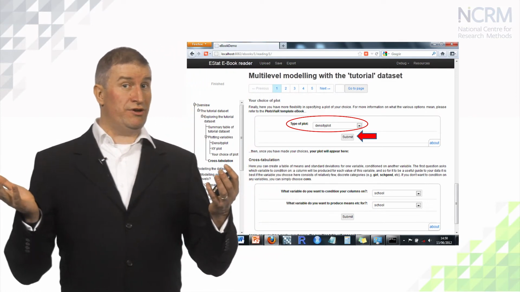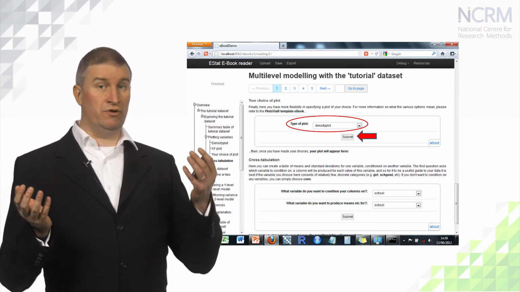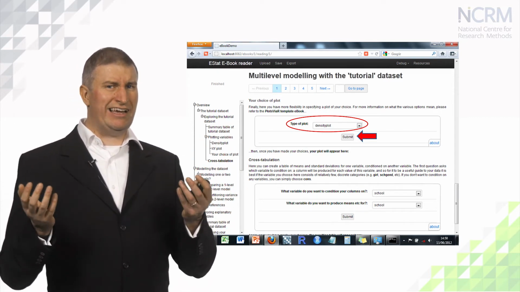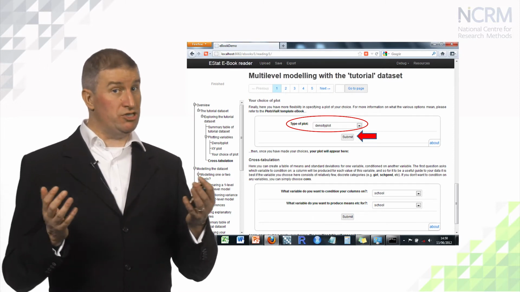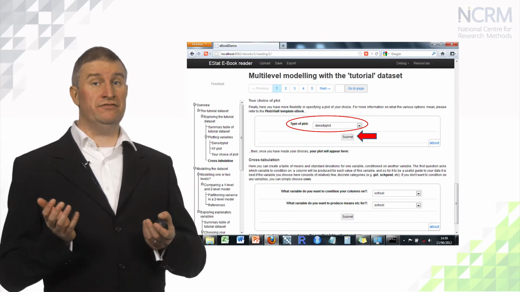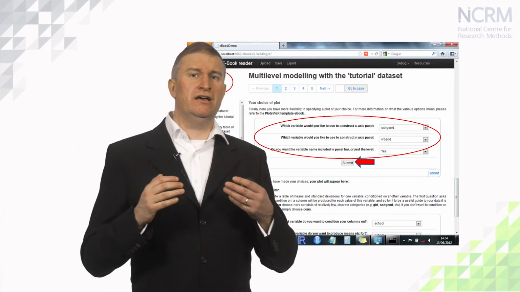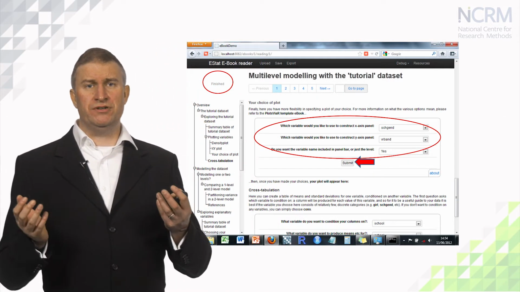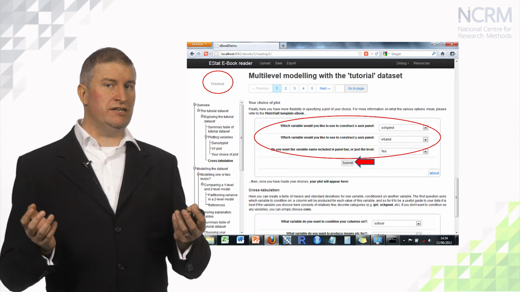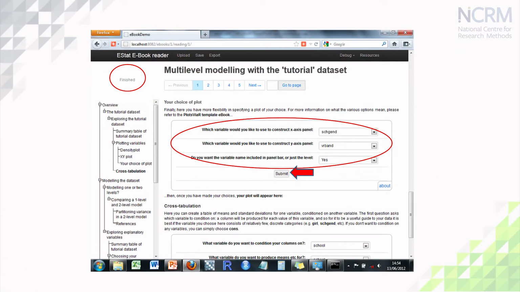If we select the density plot from the pull-down list, we can then click on the Submit button and the eBook will change and ask further questions, which will appear underneath the original question. Here we see further questions asking for inputs to fully specify the desired plot. After we press Submit, more inputs will appear, and after we press Submit for the final time, having answered all